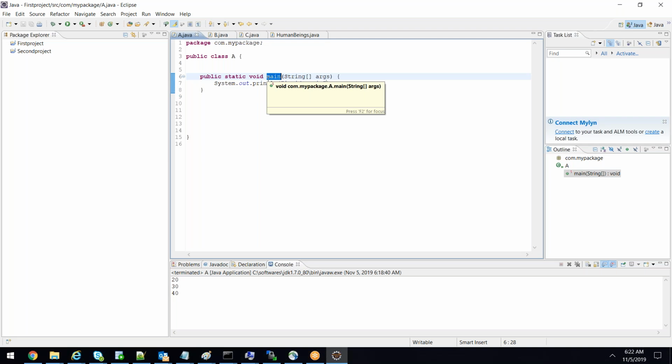The JRE is calling the main method always. JRE will be looking for the main method, calling the main method, correct? So when it calls the method,